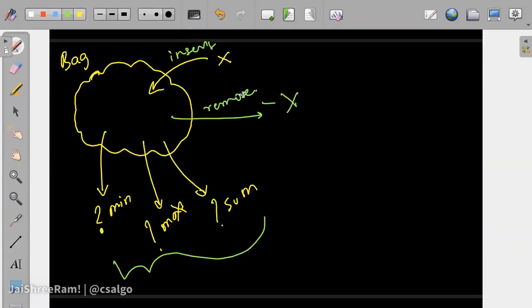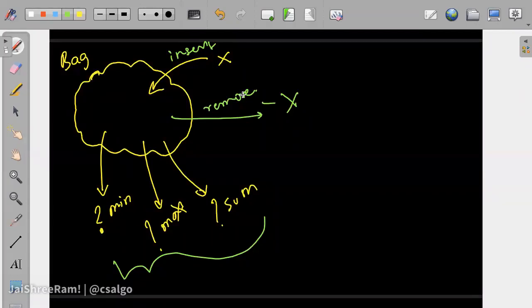Set, okay. Multiset seems more appropriate. There is a difference between set and multiset. Set holds distinct values. Multiset can have duplicate values. So if I'm inserting the same x twice, it should support that, right? Use list? No, list is not very efficient, because if you have to remove some particular element, you will have to find it in the list first, right? And that will take order n.